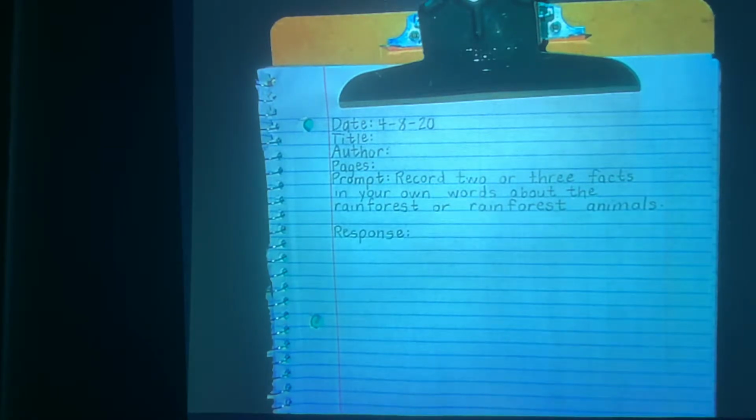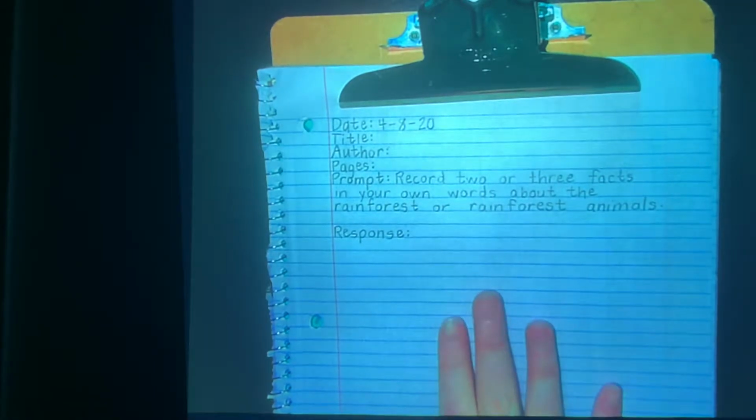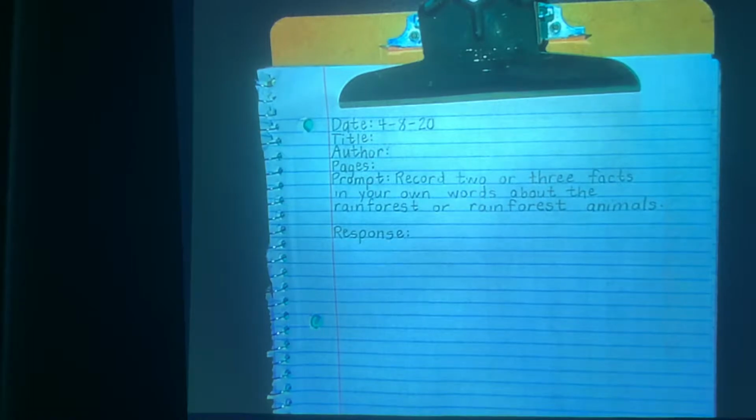Now, just to remind you, the way that we do research reading is we read for 10 minutes and then we write for 10 minutes. Now, if you want to pause the video now, you can get your paper ready for us to start writing. And let's get started. So my paper's ready to go, and I'm going to set my timer to read for